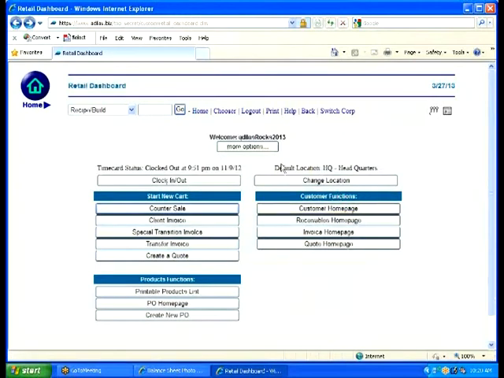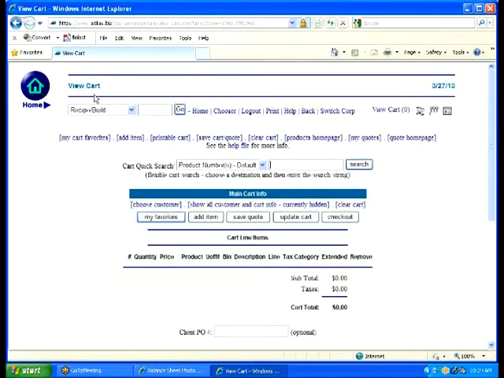Absolutely. Okay, so basically, I knew that Shannon was coming in. If I was going to tie Shannon to the invoice, I would say customer, client, patient invoice, something to that effect. If it's just a quickie, I'm going to say counter sale, okay? So basically, this is a cash ticket. And I call it, thank you for stopping me, because sometimes I just start bouncing all around, okay? So from the retail dashboard, I would click on counter sale, which takes me right into the view cart page,